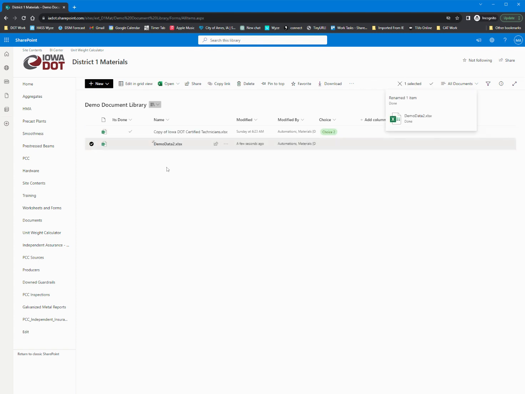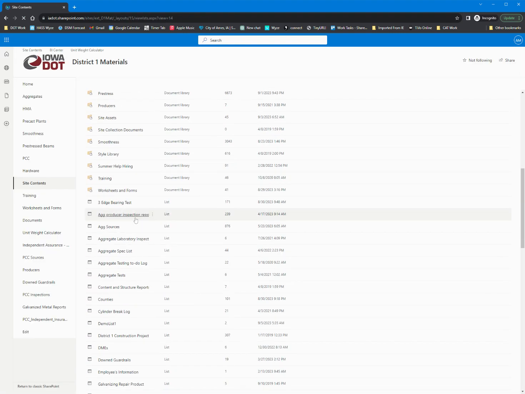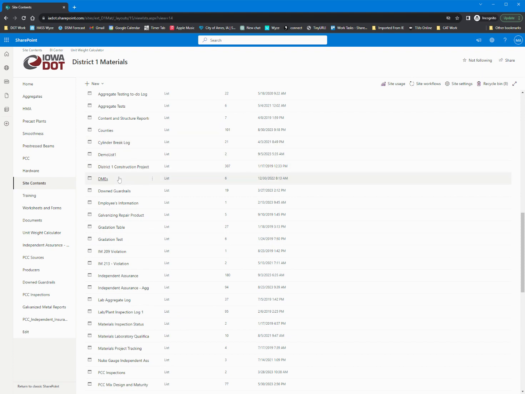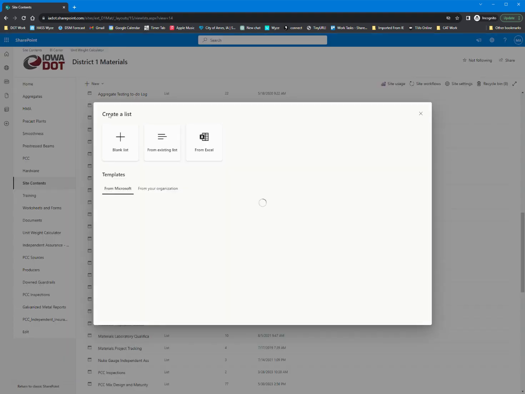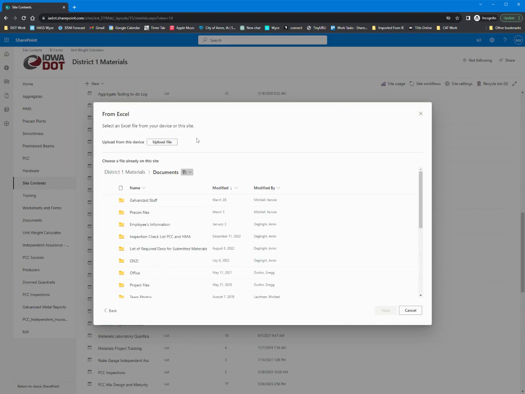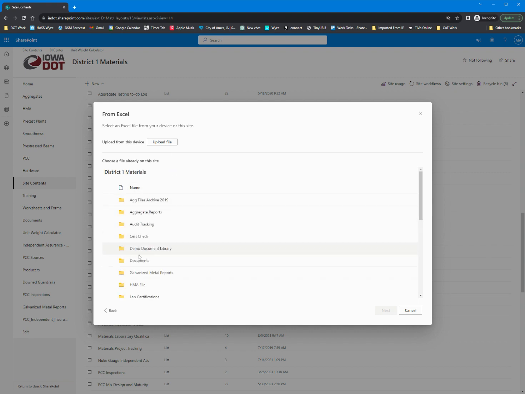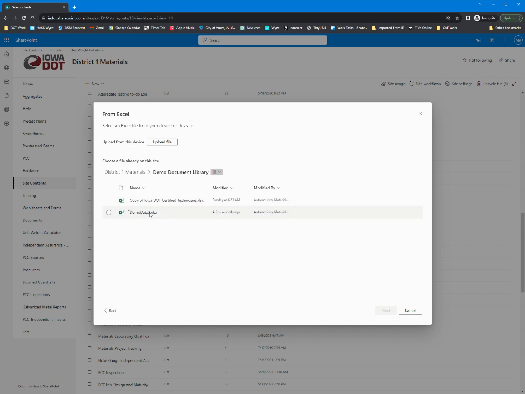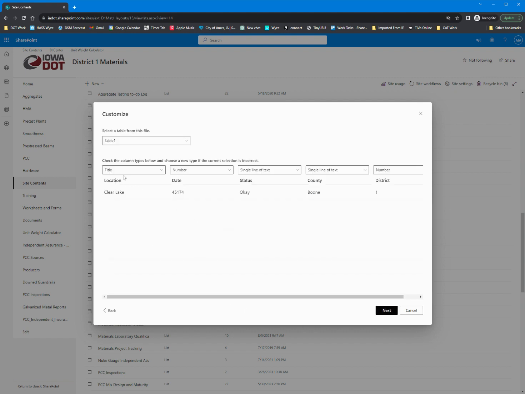And now if I go back into site contents and under lists, I will see my demo list 1. I'm going to go new list from Excel, and let's see, I need to go to the right document library, and you could also upload this if you had it on. And now it's giving me some relationships to make. So Clear Lake, what is it? That's the title column. I'm gonna leave it in the title column,